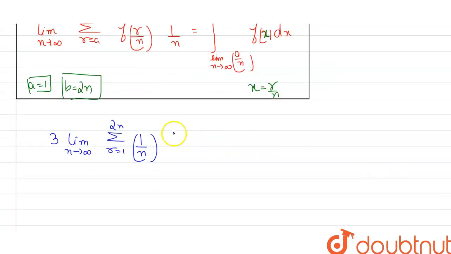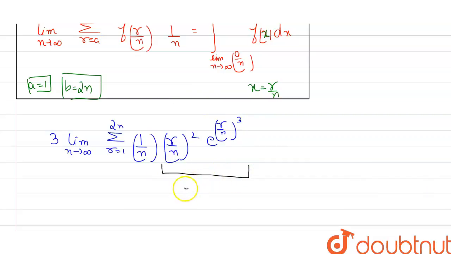So r square by n square can be written as r by n whole square. And the exponential function has the power of r cube by n cube, which can be written as r by n whole cube. So now from this function I can clearly see that this part is my function in terms of r by n value. Okay guys, and this is